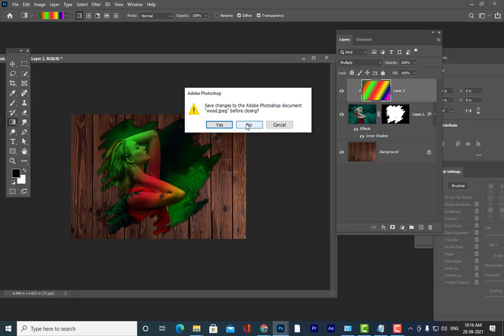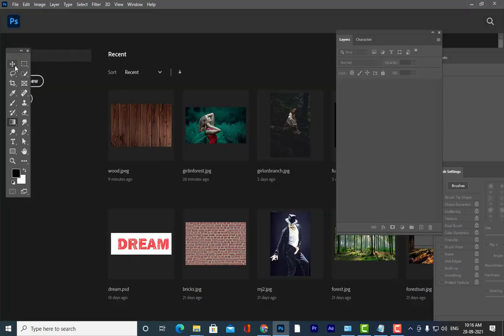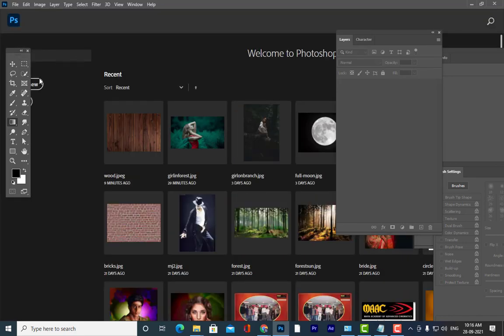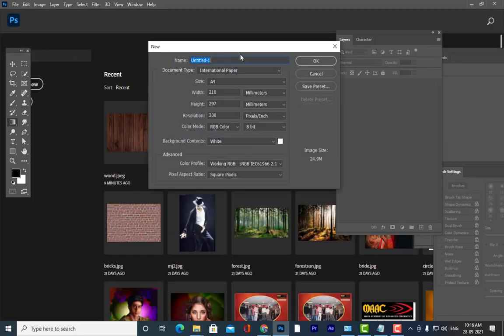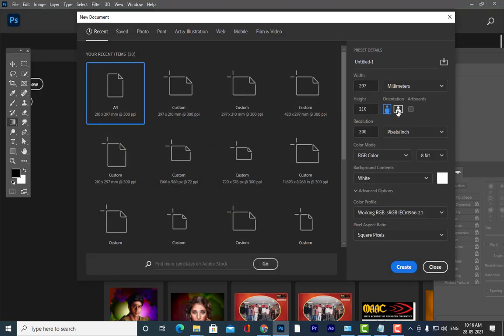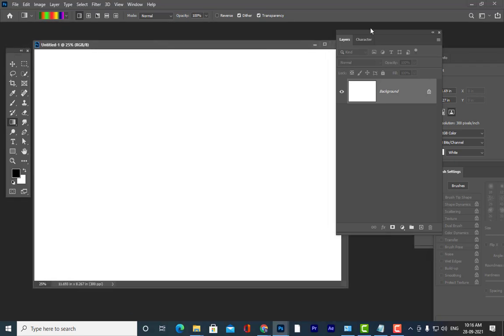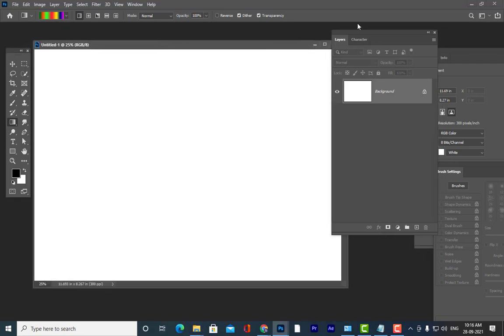See here, we have been using the brushes to see the mask effect. But I will also tell you one more thing here, that we can also use a gradient tool to see the effect of mask. With the gradient tool also we can see the effect of mask. So how can we see the effect? Let us see.